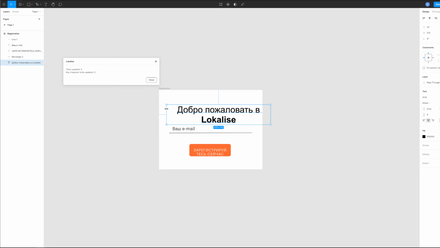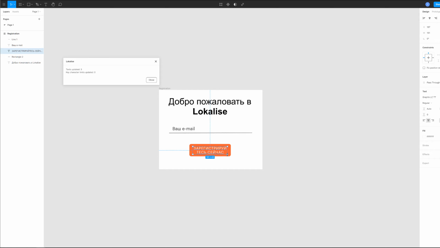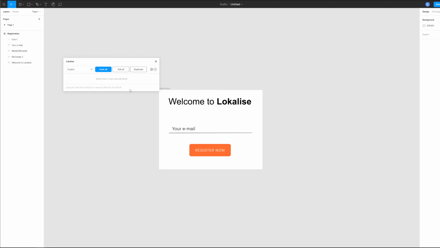And as you can see, all text elements are being translated nearly instantly. Using the same approach, you may switch back to English translations with just a couple of clicks. Works like magic! Now let's talk about screenshots. In order to automatically generate and update screenshots on Localize, you will firstly need to group your Figma elements into frames. To draw a frame, access Regional Tools in the top menu and choose Frame. Alternatively, just press F.